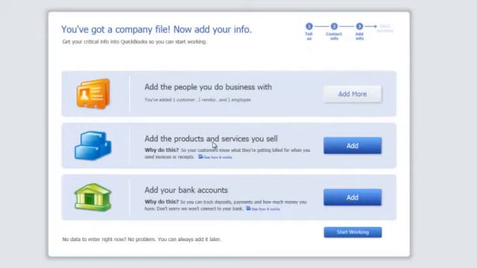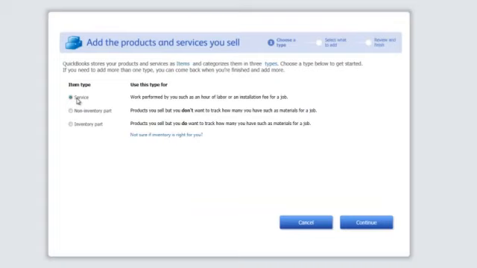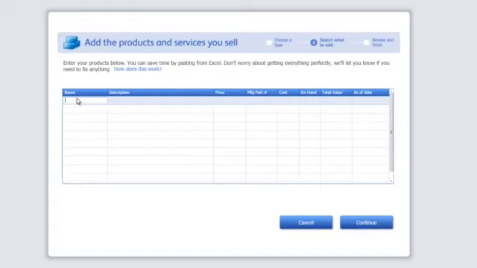Now let's add products and services. You will then come across 3 choices. Service, which is if you're, for example, a CPA, you're doing service, or an auto mechanic, you're performing service, unless you sell a part, then that's inventory. Then you have non-inventory part and inventory part. A non-inventory part is when you don't actually count the inventory, obviously, and then inventory is when you buy a certain amount and you sell a certain amount. You definitely want to try to keep track of inventory. So we're going to do inventory for the first one. Hit continue,